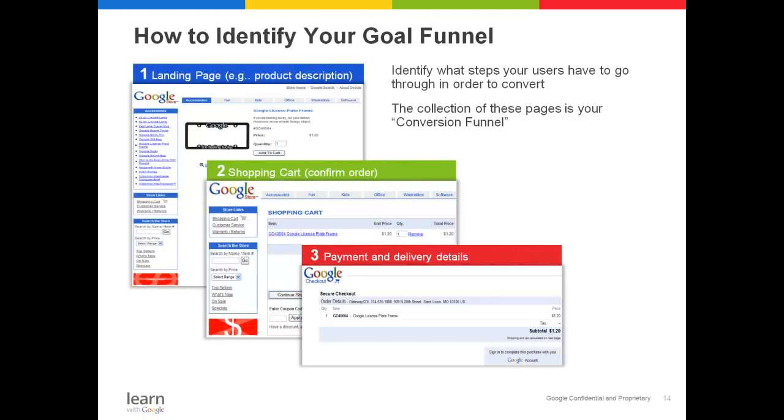They'll hit the landing page, the shopping cart page, the checkout page where they put in billing details, an order confirmation page, payment and delivery detail page, and then finally the thank you page. By setting these pages as part of the funnel, we can identify where visitors are dropping off of the conversion process. As an example,